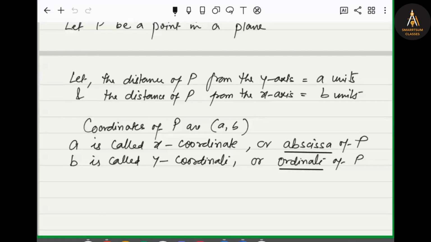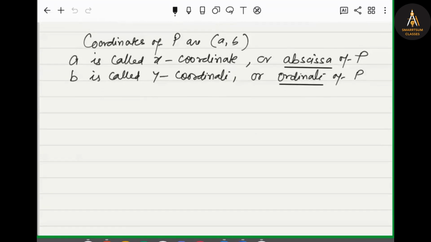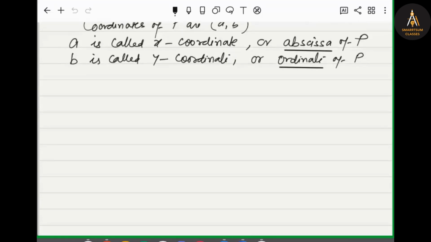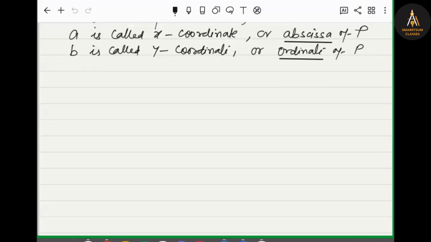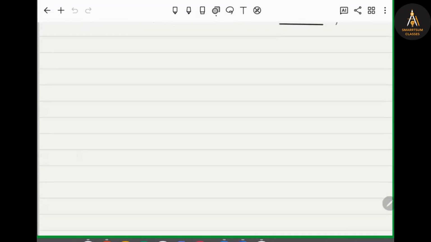So now in today's class, we will see what the different quadrants are. We already know the coordinates of the point P, the abscissa and the ordinate. So what are the quadrants? If we draw the Cartesian plane,